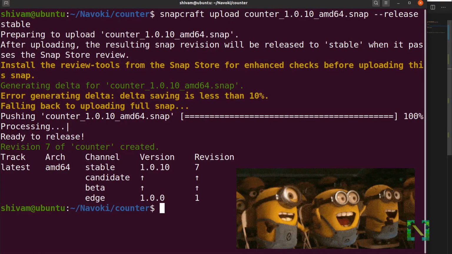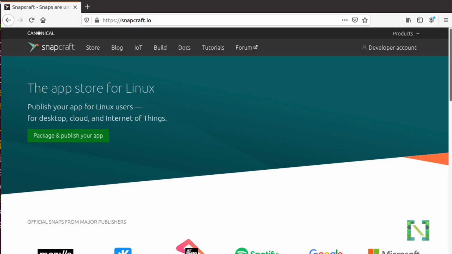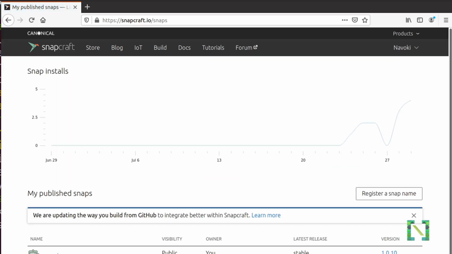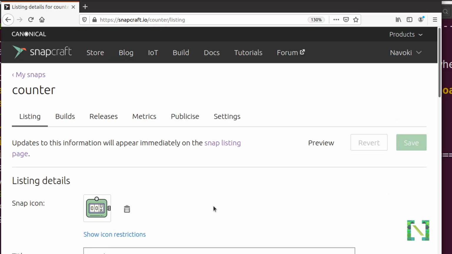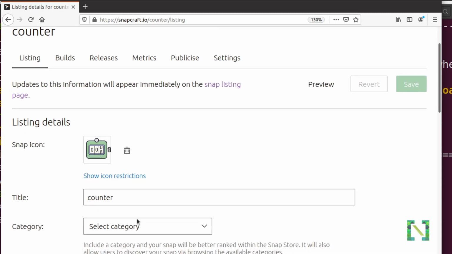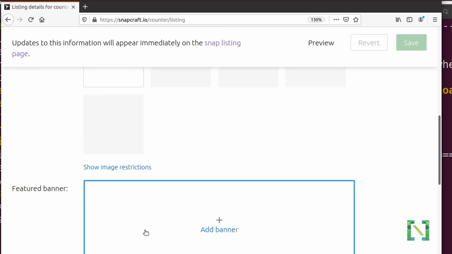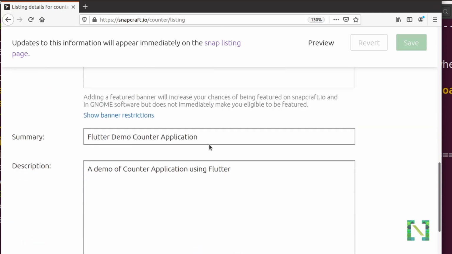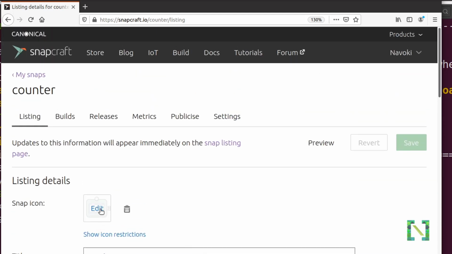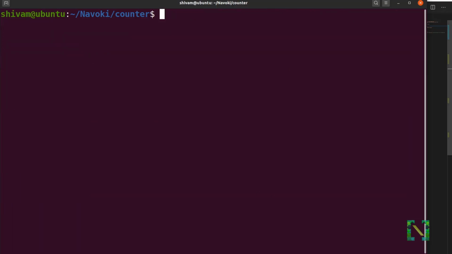The app has been uploaded on the Snap Store. Now go to your developer account. You can see in the account the application is already uploaded with the version that you uploaded. Here you can mention all the parameters required for an app store like title, categories, images, thumbnail, videos, etc. Your app is already published and live, but these are the extra informations for the app store for the user. For the app icon on the app store, you need to pick the icon from your desktop and then click save.